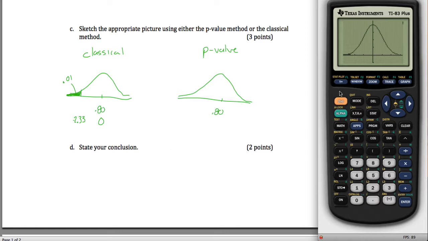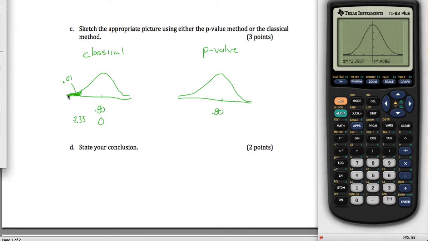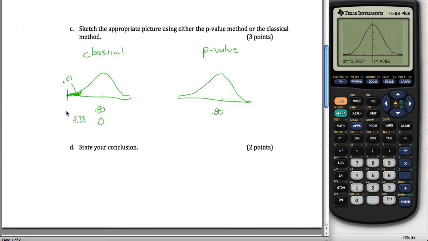What it tells me is that my test statistic is negative 2.38. Oh, barely. All right, so I got a test statistic. This is not drawn to scale out here, of negative 2.38. And so I will say, because my test statistic, which was negative 2.38, is in the rejection region,